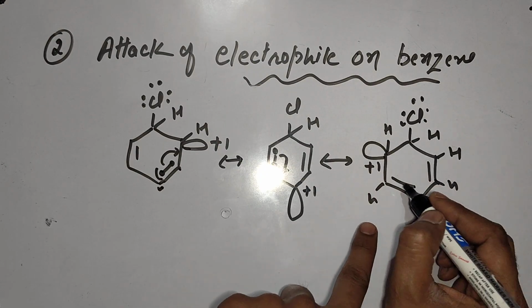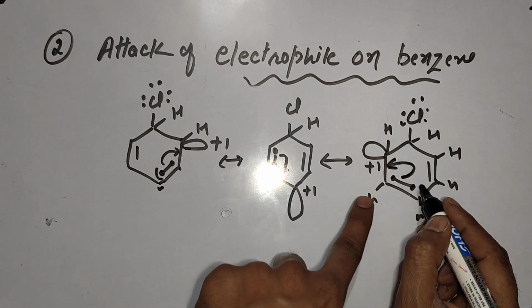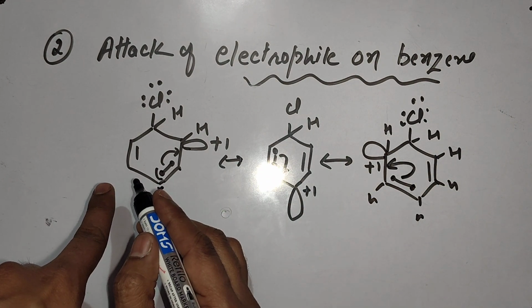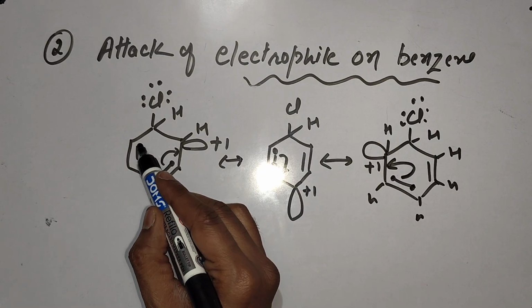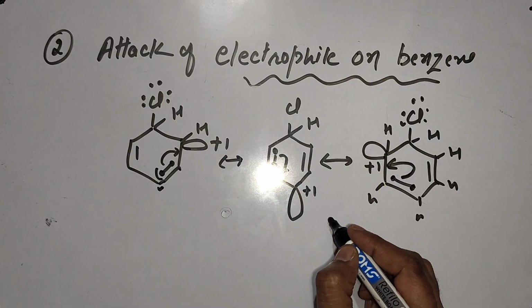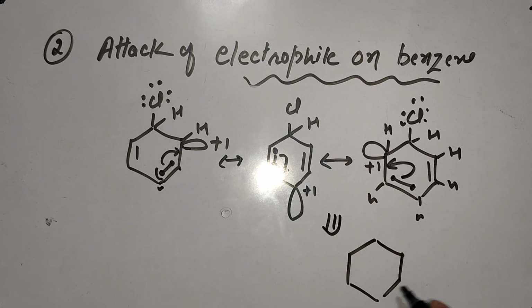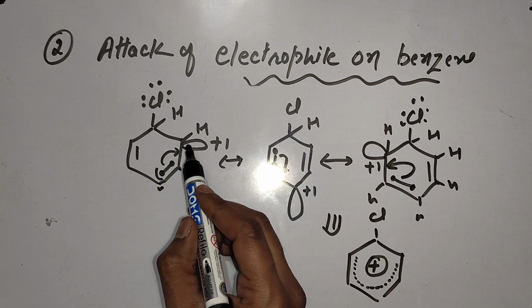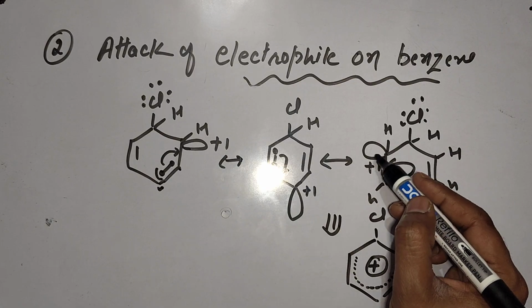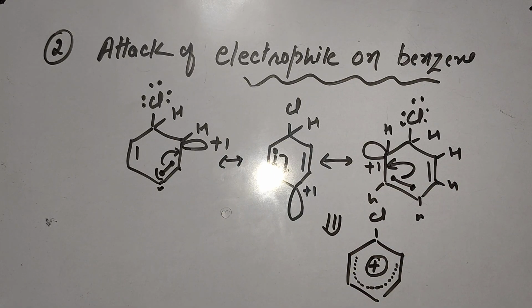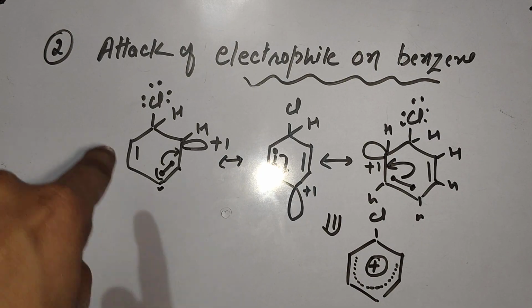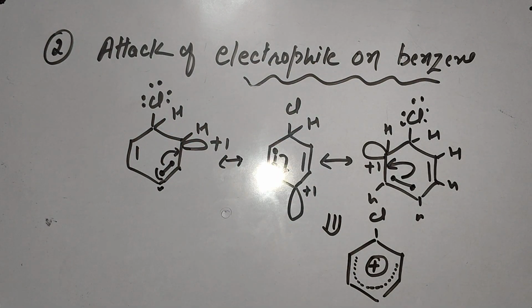Now if you have to draw the next resonance, we have to repeat the cycle. Again it will go there and this step will generate and then this step. So the movement of pi electrons is in this area. So overall positive charge movement is like this. Chlorine is there. These dot structures, these dots are representing the overall movement area of pi electrons, due to which the positive charge is moving. Check, here we have a positive charge, now here we have a positive charge, and here we have a positive charge. This is the second step. Generation of carbocation you can call it, or you can call it attack of electrophile on benzene ring. Now last step,